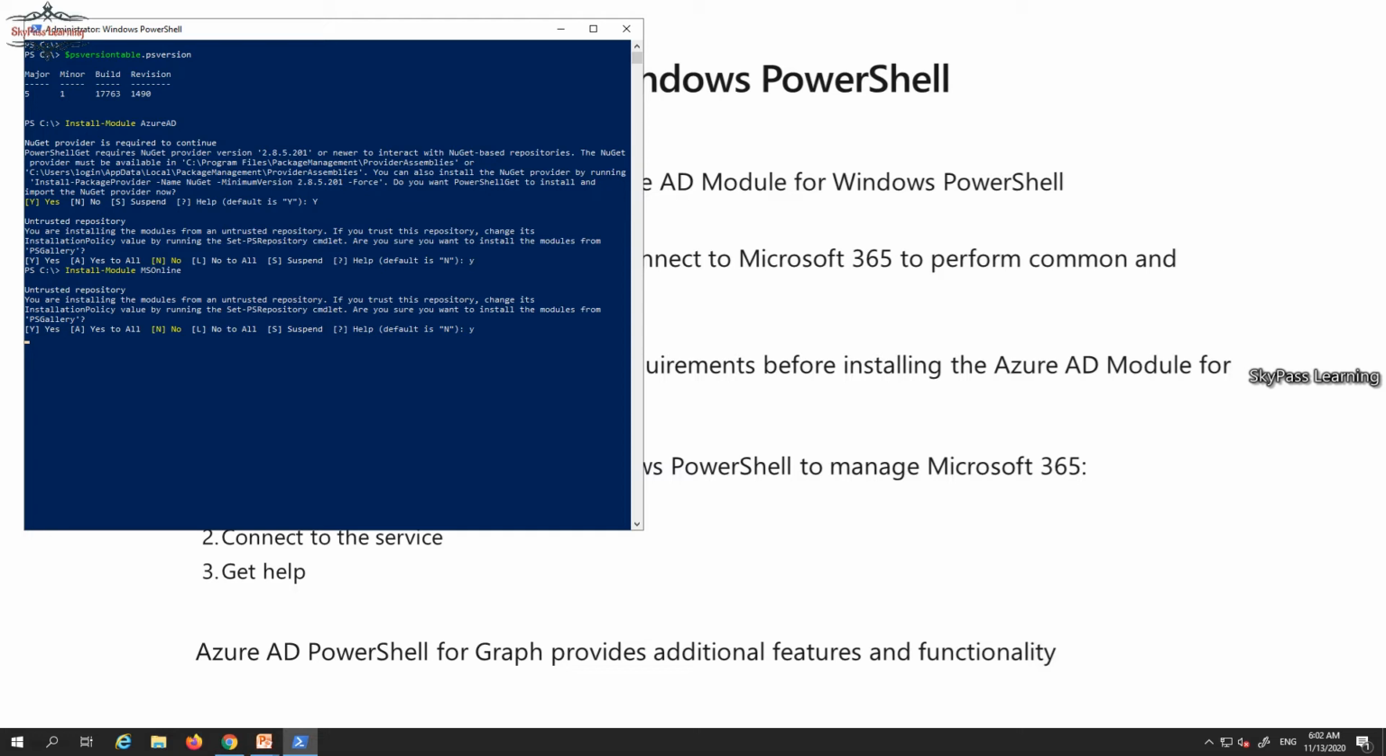Okay, now installation has been completed. Still I can't see MSO. Okay, so these are the commandlets. Now you can see it's available, and if I put some Azure commandlets, you can see the Azure commandlets are